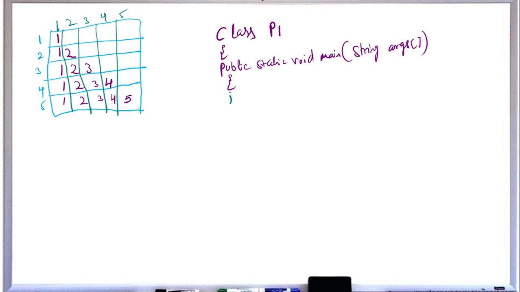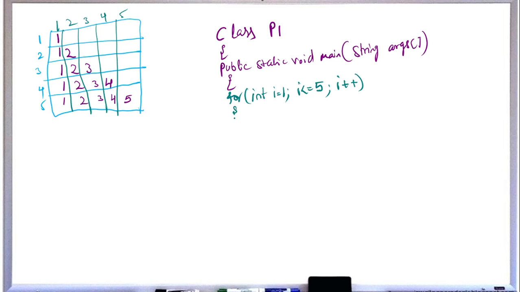I'm taking a for loop for the rows. I will start from 1, meaning I will take the first row and move until the 5th row. That's why i is equal to 1 and i less than or equal to 5, because there are 5 rows. After that, once I have printed one row, I want to move to the next row, so I give i plus plus.